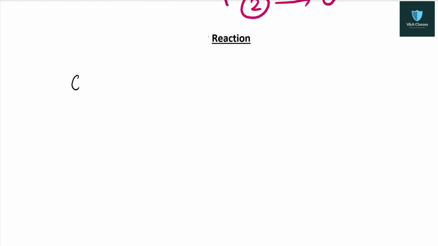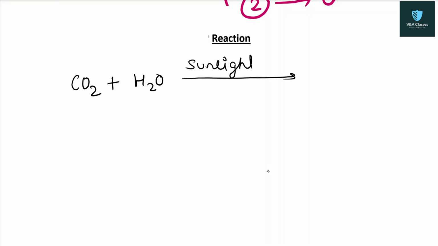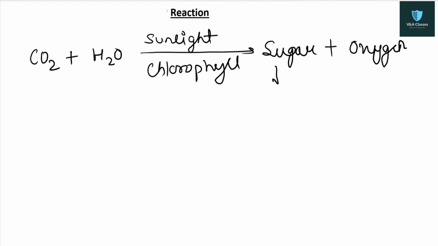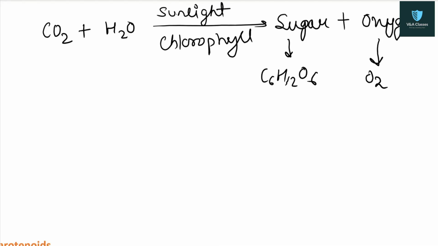Carbon dioxide, water, in the presence of sunlight and chlorophyll, will form what? Sugar and oxygen. Now what is the sugar? Sugar is glucose, C6H12O6. Oxygen is O2. So we can write this equation further as